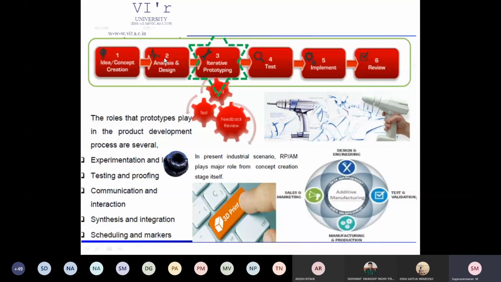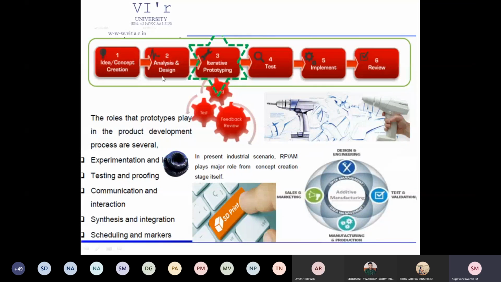Then the second stage of product development is you have to convert the sketch into a design. So what do you mean by design? For a given concept, you have to identify the appropriate dimension. You might have created a concept, and for example, if you take this sketch, you might have given that I should have a handle to hold. So what is the size of the handle? Can I have it for 1 inch, or do I have to have it for 100 inch? What material should I give for this? So identification of suitable dimension and identification of suitable material will be done in the design step.